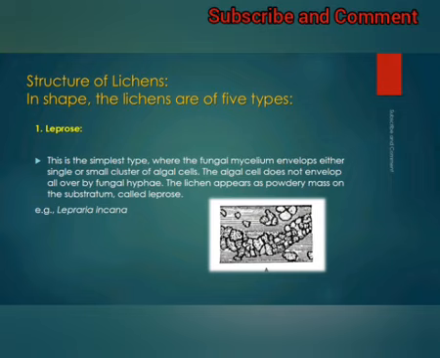In this lichen, algal cells are completely covered by the fungal layer. It is very difficult to separate this lichen from the substratum, that is, it is closely adhered. I use the term closely adhered to the substratum. Some examples of this lichen are Caloplaca and Lecanora. These are crustose lichens.